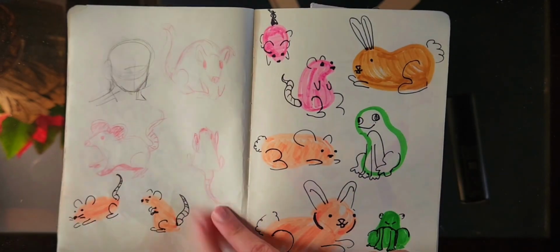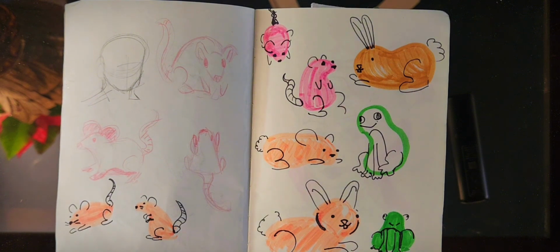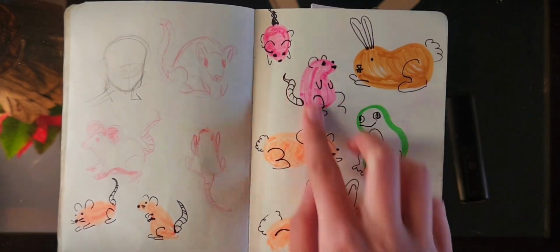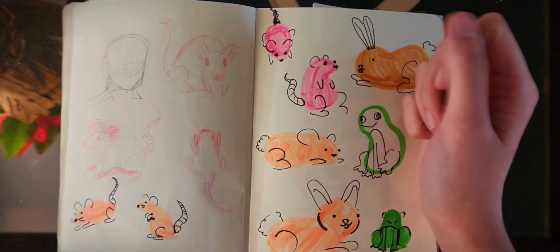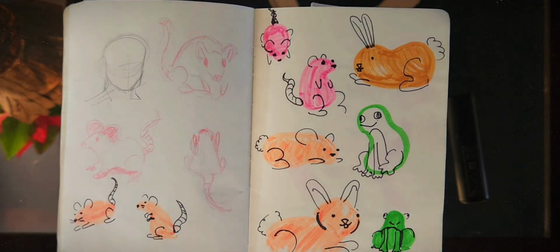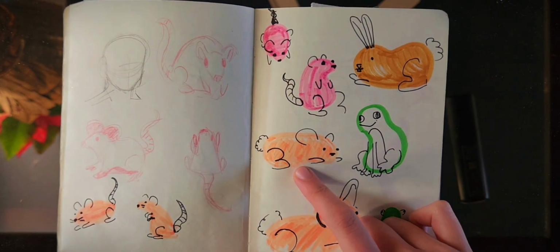Mice! Mice, mice, mice! On my Pinterest For You page was this Tumblr post of somebody saying if you draw any shape, you can draw a mouse. So I was drawing any shape, and I was drawing mice. And then here's me trying out those highlighters again. I was doing the practice where you make shapes and then you draw on top of them to make things. So I drew a bunch of mice, and then I drew